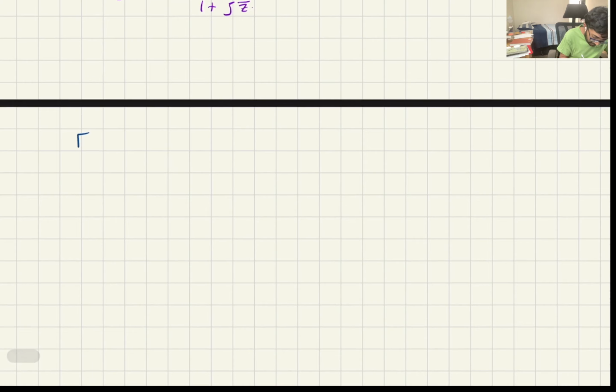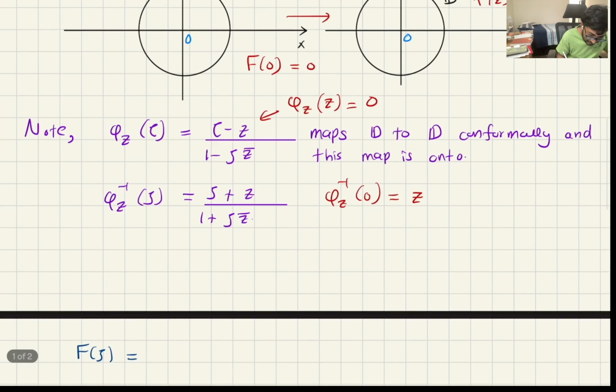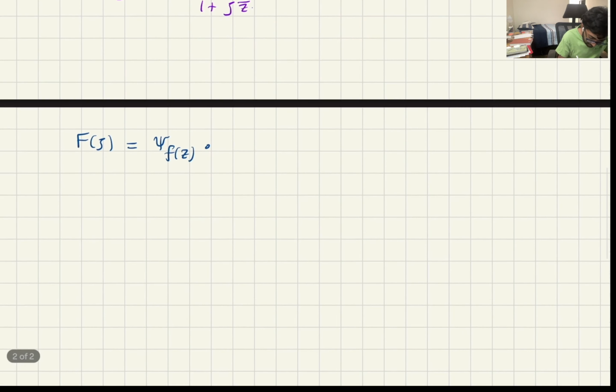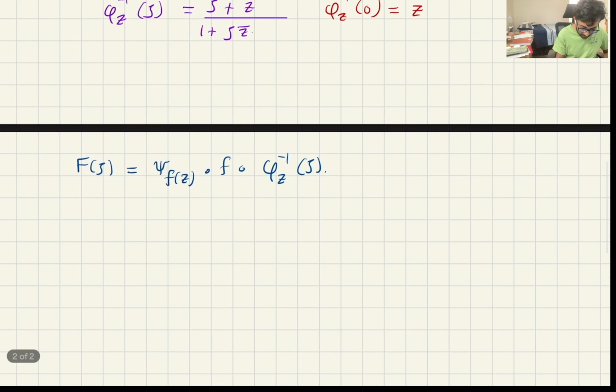So what is my F tau? It is I of fz compose with F compose phi z inverse tau. Okay. Right. And I know this is valid, f0 is equal to 0. So by the Schwarz lemma,